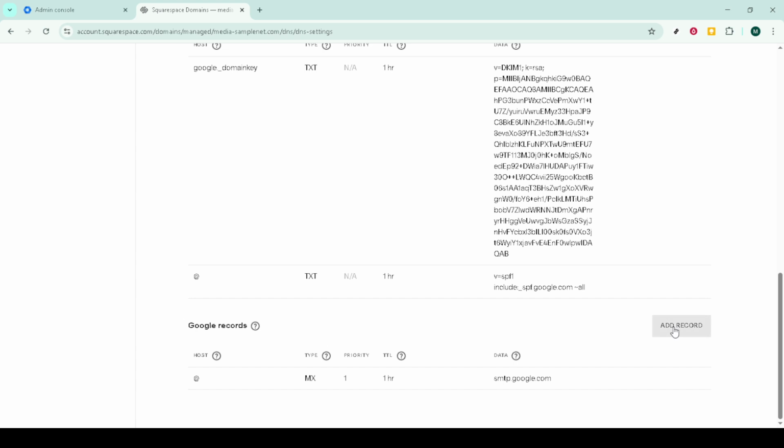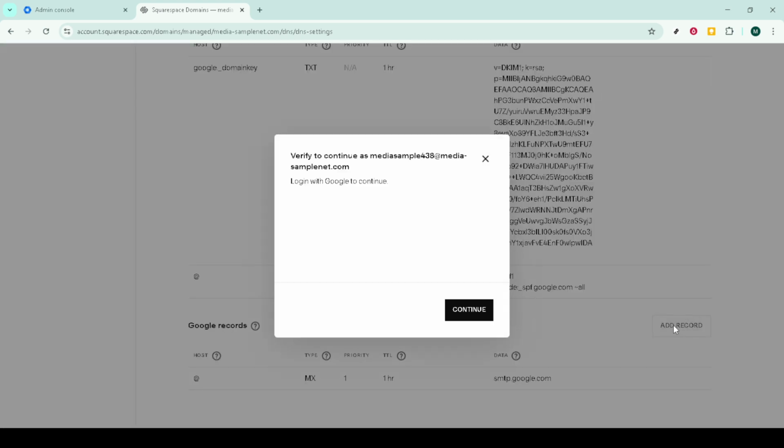Create new records with the type set to MX. For the host or name, use @ or leave it blank if your registrar treats blank as the root. For the destination or value, add Google's servers. The standard set is Priority 1,